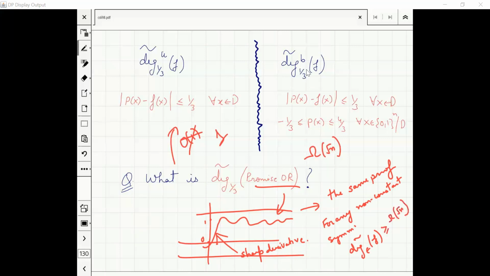And if you study the literature, you will see that it need not exactly be root n. If this change happens between 0 and 1, then it is root n. As this change comes closer and closer to the center, your approximate degree keeps rising. Specifically, for majority, the approximate degree is order of n, not root n. But anyway, that's a different proof. We understand the approximate degree of symmetric functions. When I say approximate degree of majority is order n, it cannot be shown using this argument.